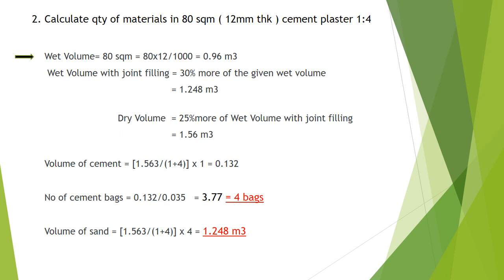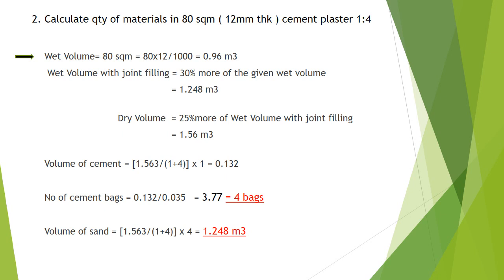Okay, let's start with the next sum. Calculate the quantity of material in 80 square meter, 12 mm thick cement plaster in the ratio 1:4. Again, this sum is as easy as the first one. They have given the data in area. We need to convert this area into volume. So wet volume is equal to area into thickness, equals 80 into the thickness, that is 12, divided by 1000, because the data is in mm,